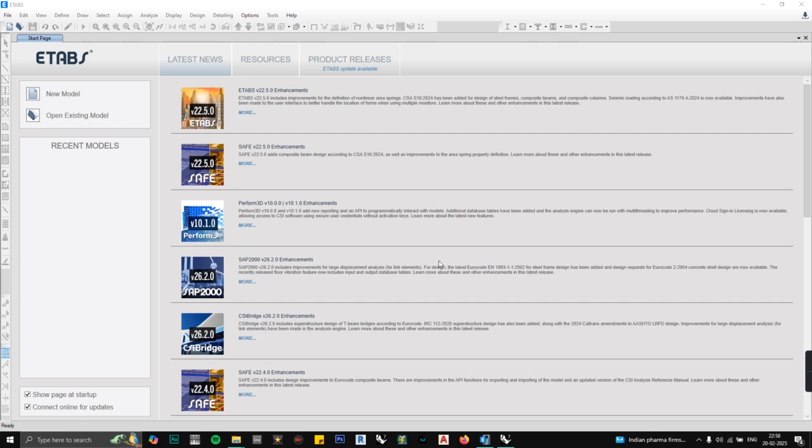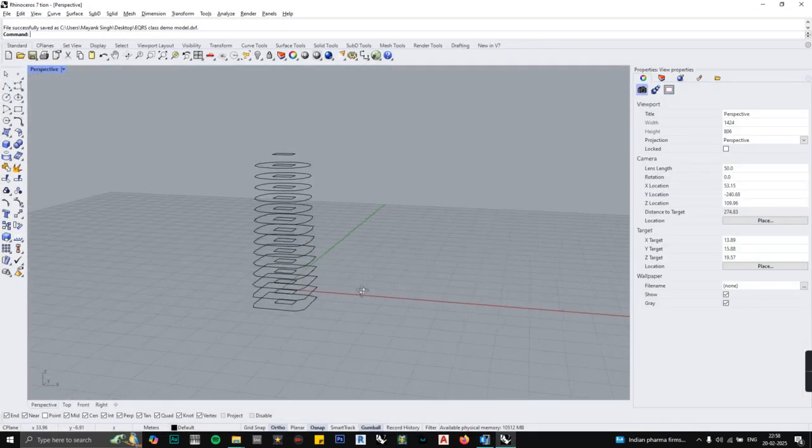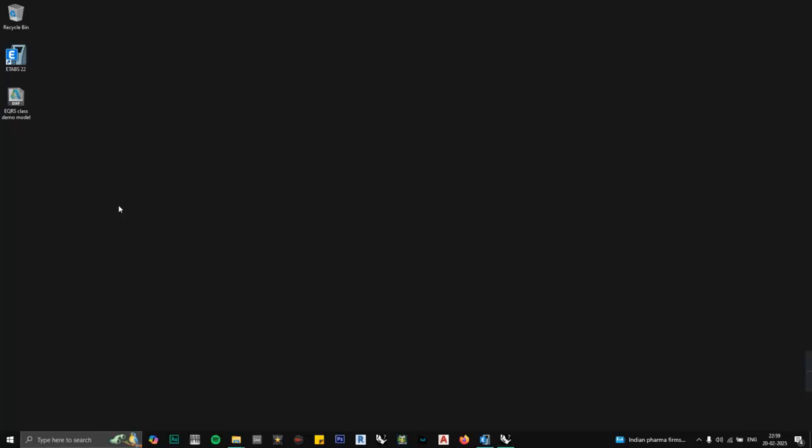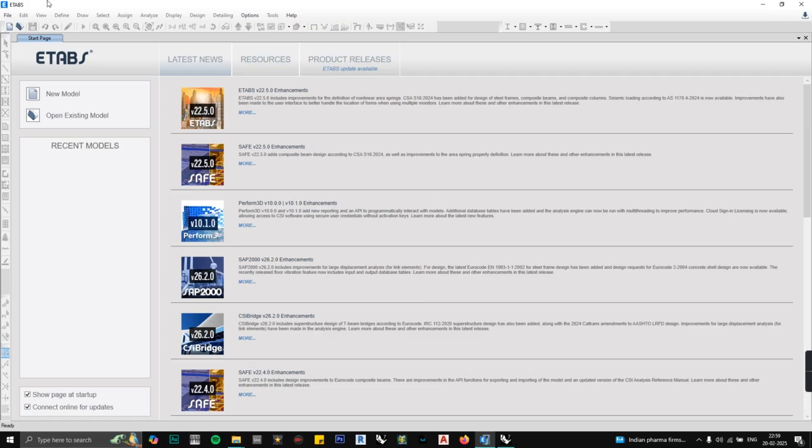Right. So upon opening ETABS, you will have the interface that looks like this. And just for the Rhino thing, I have this somewhat kind of a model, and I have saved it as a DXF file on my desktop. So coming back to ETABS, I will go to a new model,